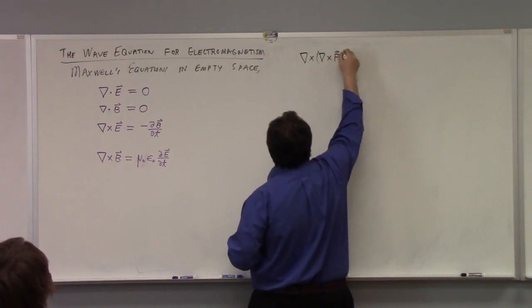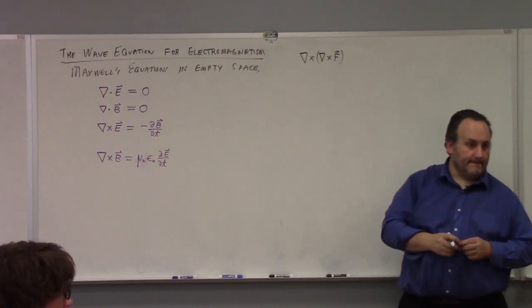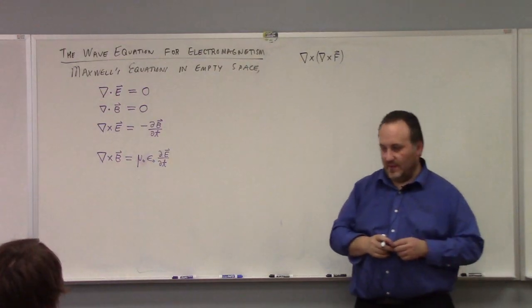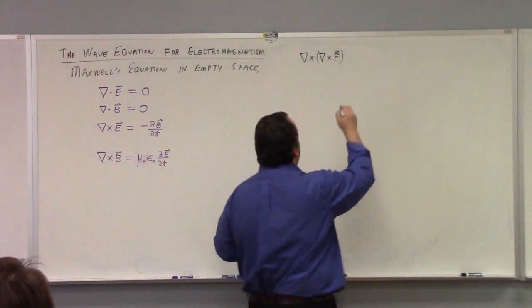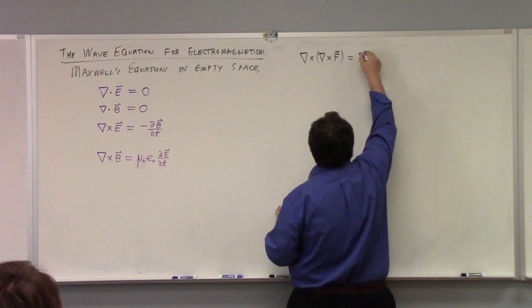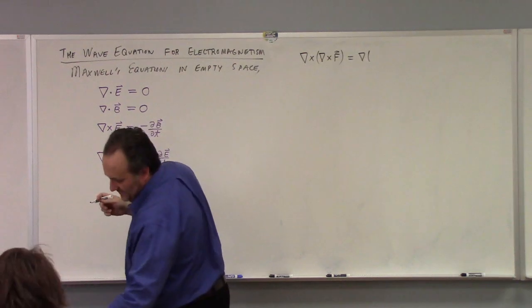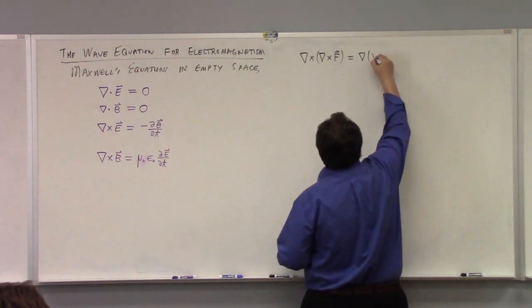Wait, no, we've done that. You did that one? I think we probably did. Well, we could do it, but since there seems to be cautious agreement that this has already been done,